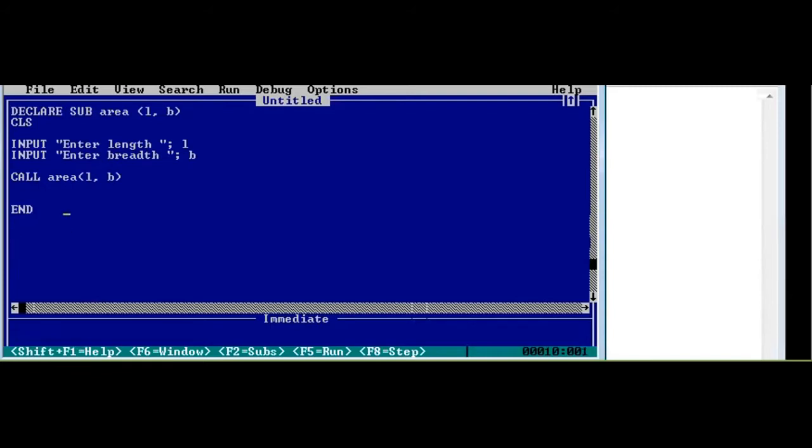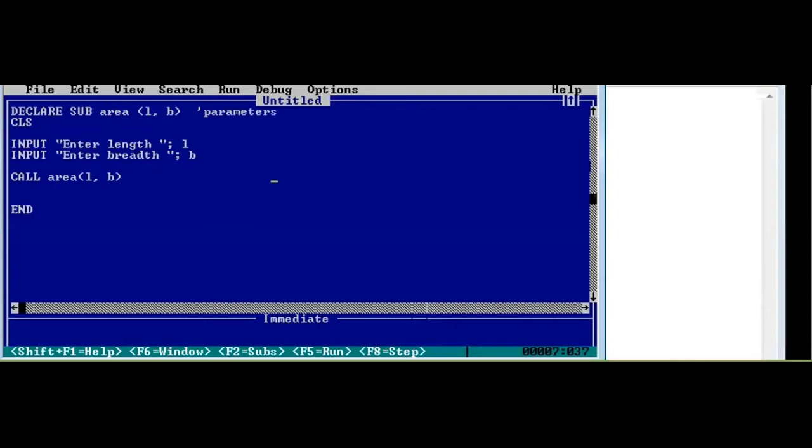Now before moving towards the definition part, there are a few terminologies that I want you all to remember. Okay, now if you see this L and B over here, this L and B are known as parameters. Okay, we have already explained this last time also.